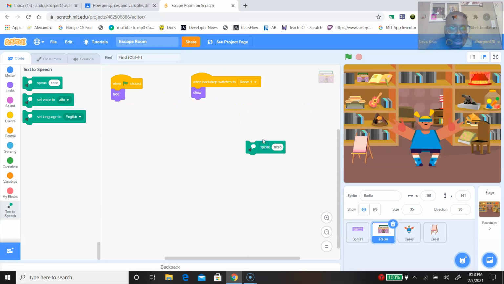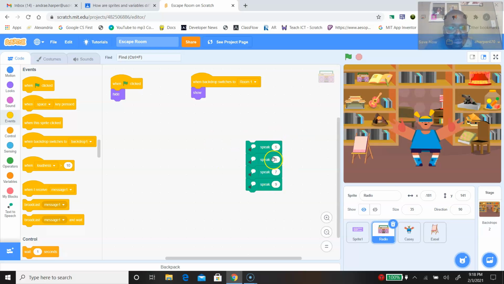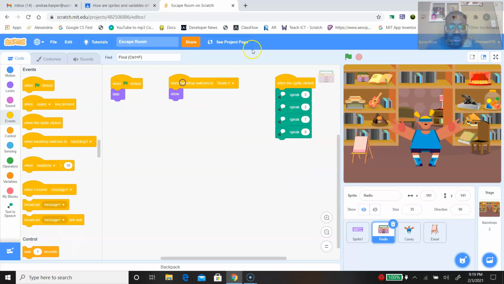So I'm just going to make up a number. Let's go 5, 3, 7, 9. And I'm going to go events, and I want the program to speak this whenever they click the radio. So when this sprite is clicked, 5, 3, 7, 9. So that speaks 5379, and of course the user won't know what to do with that,